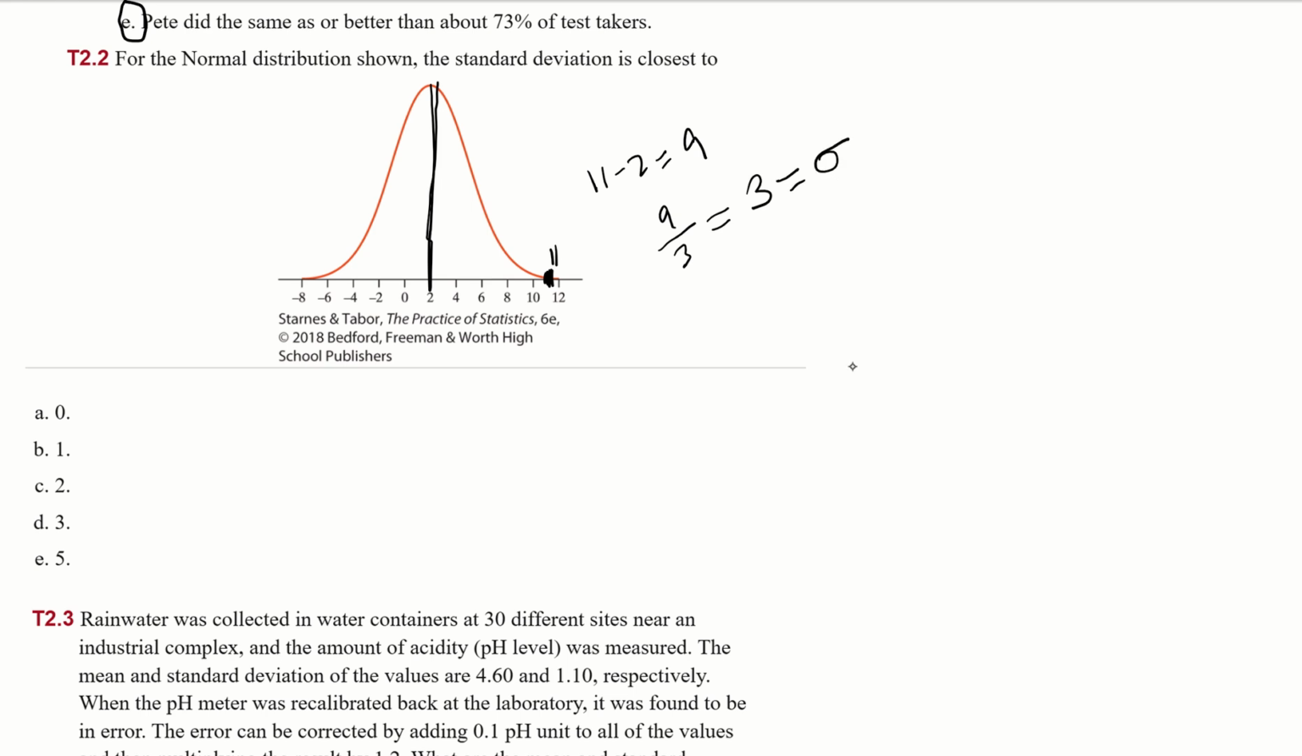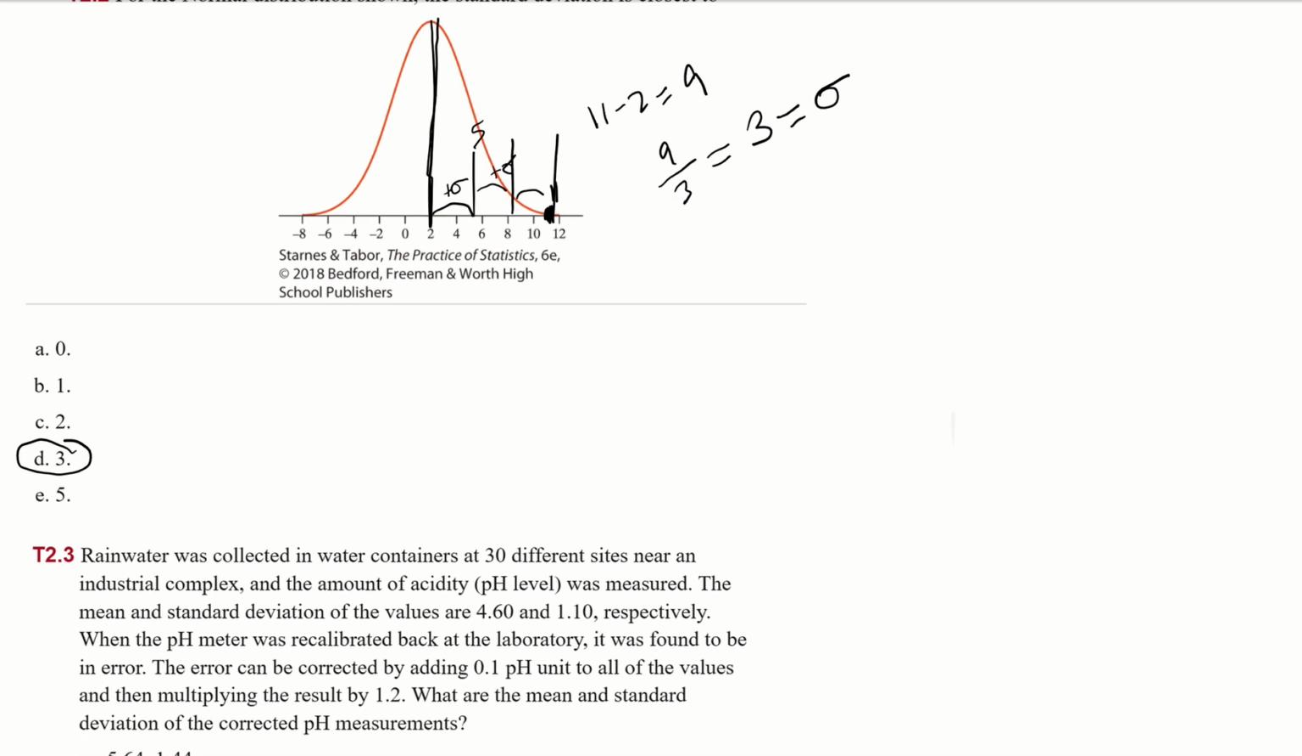So if I go 1 standard deviation away, if I do plus sigma there, I'm at about 5, right? If I do another plus sigma, which is another plus 3, then I'm at about 8, and then another plus sigma, then I'm at 11. So that's 3 standard deviations away. So it's approximately going to be 3. So the answer is D. All right,